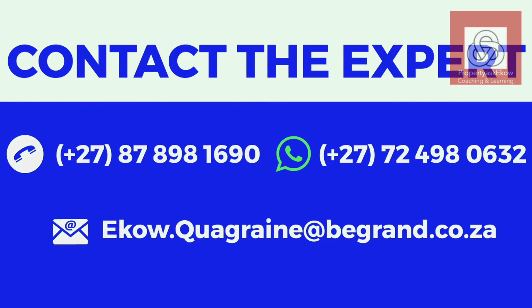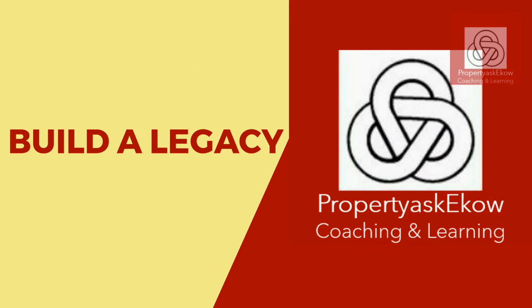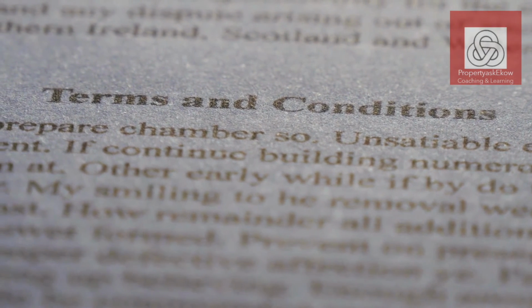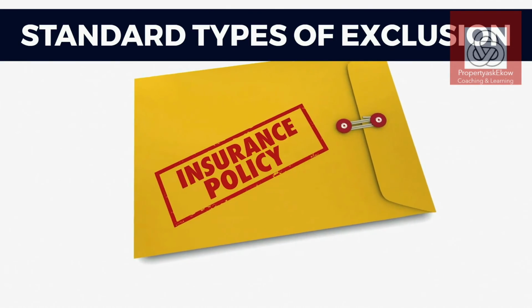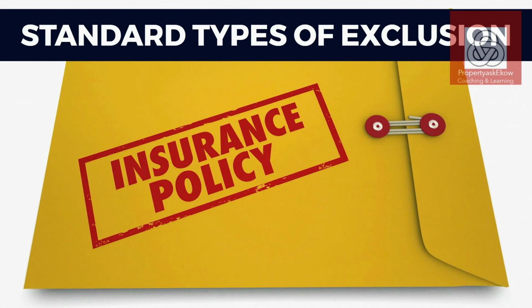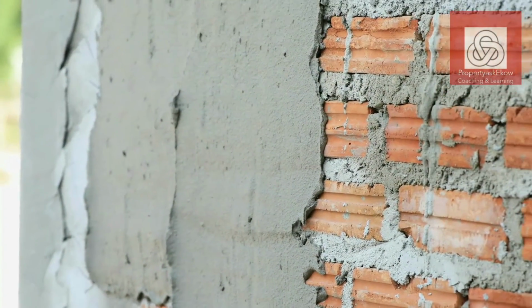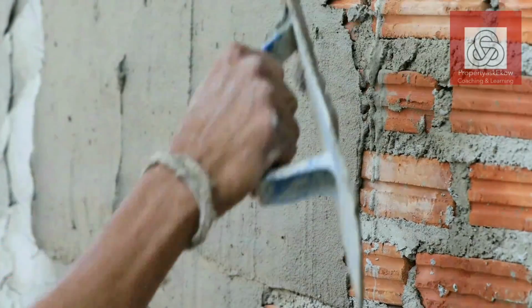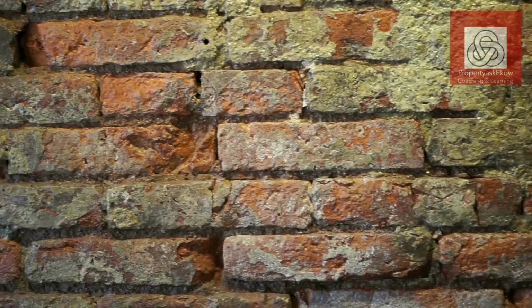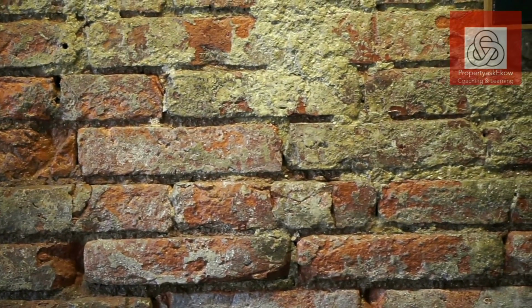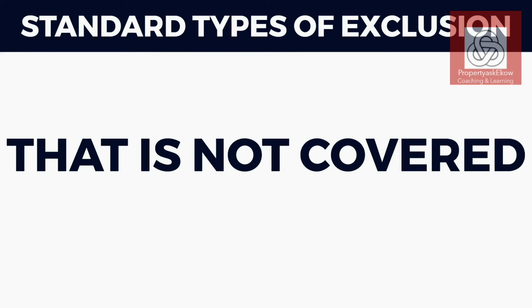A third one that's also quite important and often misunderstood is an exclusion regarding defective workmanship. Okay, and the key here is that obviously building regulations have been enacted and they're in law, and insurance policies are written on the basis that if you've built a building, you've complied with all the necessary laws and standards that one would expect. And so you do get cases where a builder or someone would take a chance or not build a thing correctly, not follow the instructions, use inferior materials, and that could cause damage. And that, unfortunately, is also not covered because the recourse in that situation is against the builder who took the